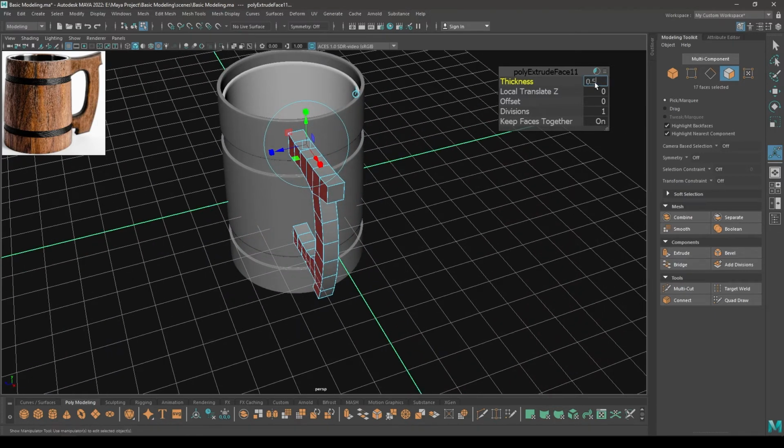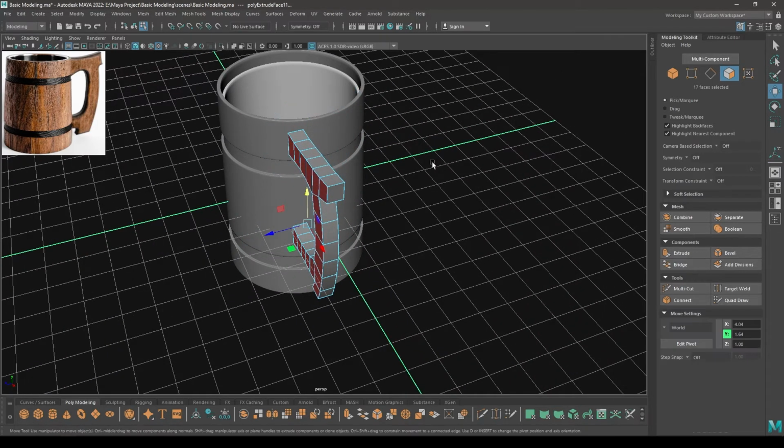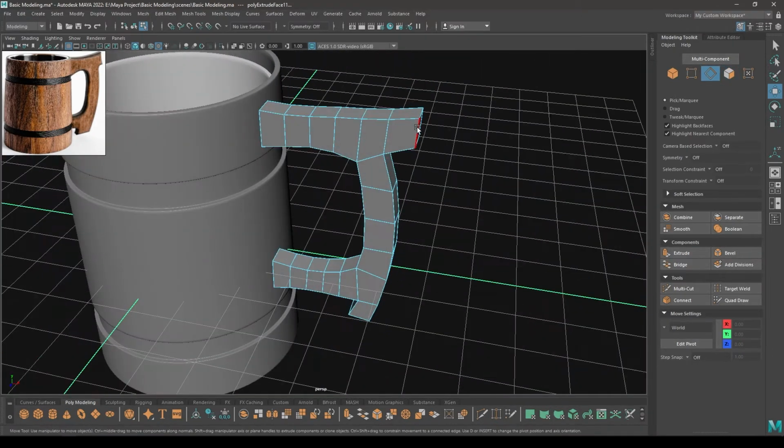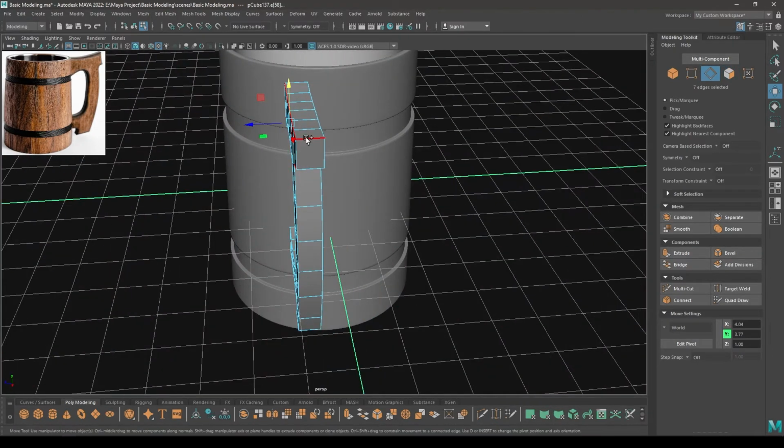Let's add 0.5 and now go to edge mode, select all these edges.